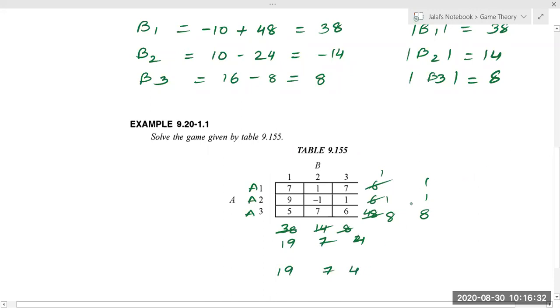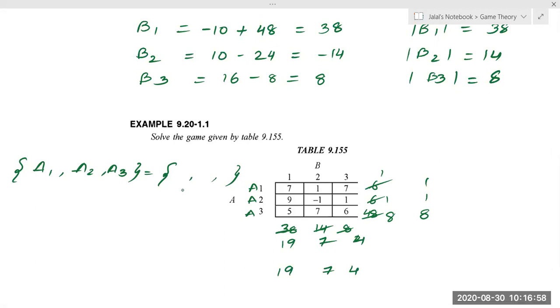Now since all 3 are the situations, see, it was not getting reduced. Now if it is not getting reduced, what does it indicate? That player A will play all the 3 strategies. That is the reason it was not getting reduced, correct? So if it is not getting reduced by the dominance principle, automatically it means that player A will play all the 3 strategies. I hope everyone is getting it. Okay? Is it okay? Yes, sir.